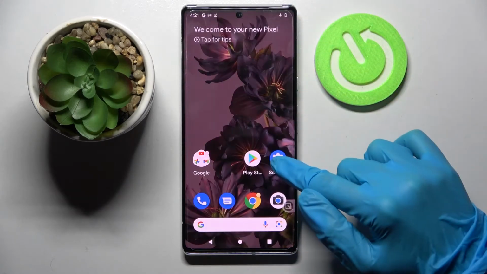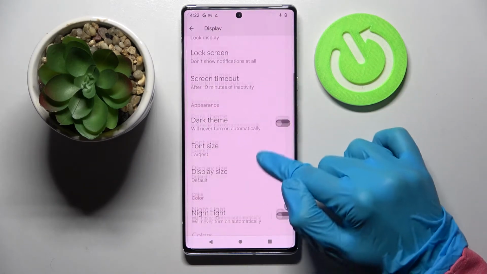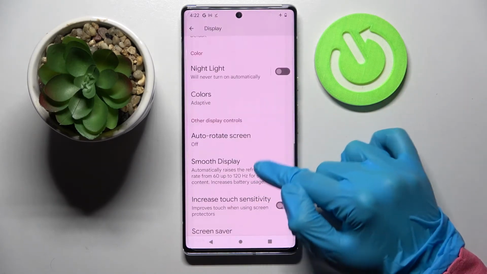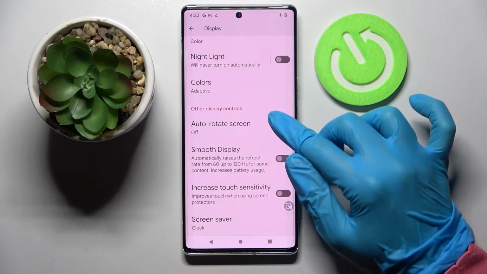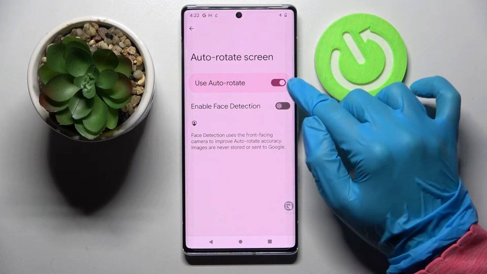But you can also go into device settings and choose display. Over here, scroll down and click on the switcher. Click on Auto Rotate Screen Feature, and then click on the switcher next to Use Auto Rotate to enable or